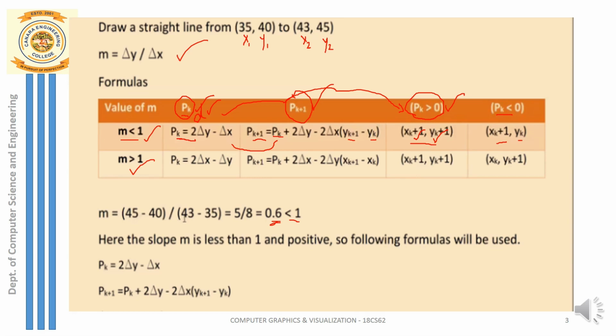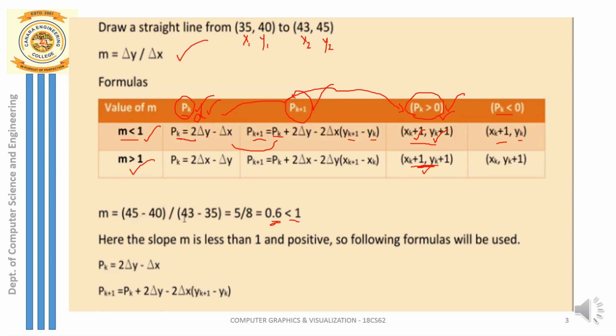So this is a formula that changes. And how do you calculate now the x coordinate, y coordinate? How do you plot the point? By checking, again, the value of pk. So the previous pk value that you have calculated, check if it is positive, if it's greater than 0, then you have to increment both x and y.